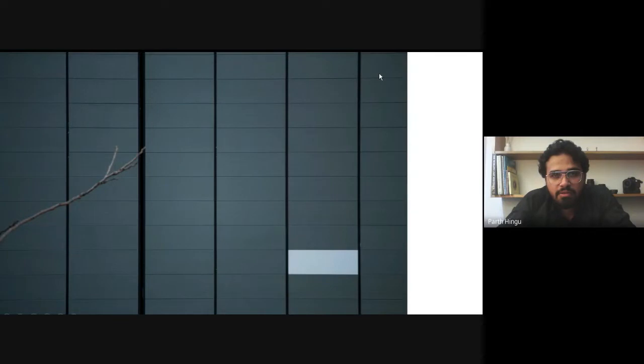I thought this is a good image, composed like one block is at one third and this line is at one third. So it was a composed image, but this branch was distracting me, so I just removed that branch. You can do it with any image, but don't manipulate so much that the image looks fake.